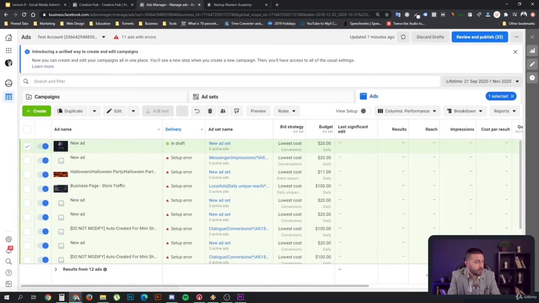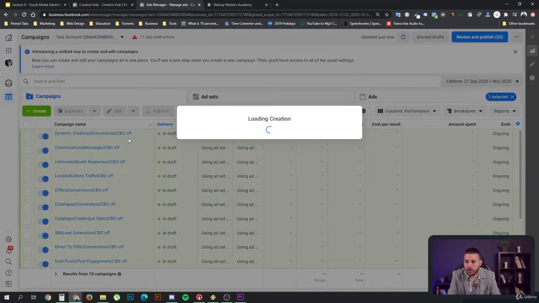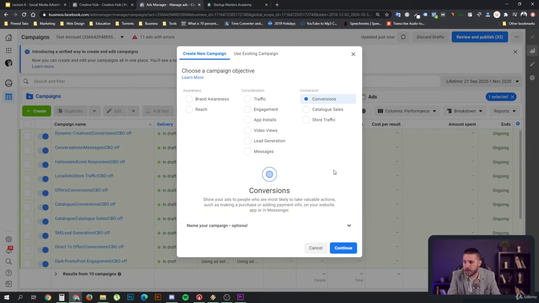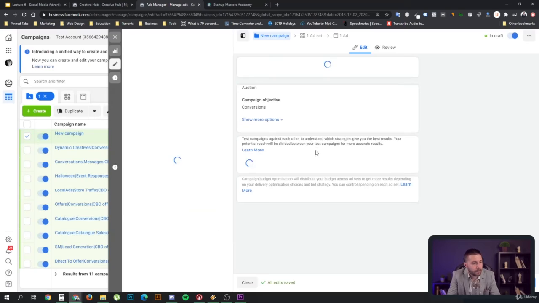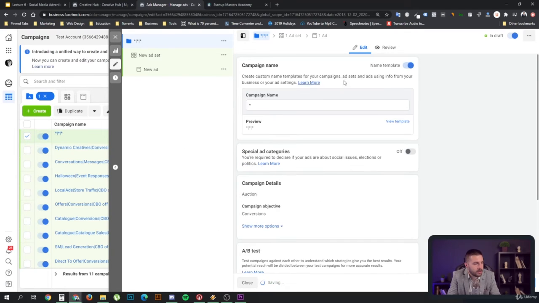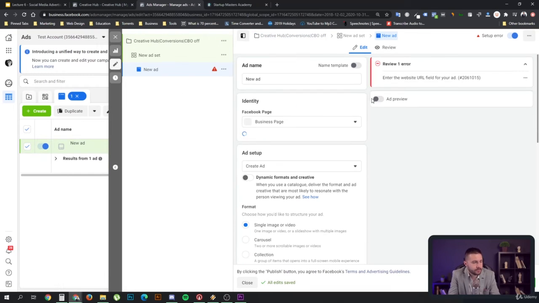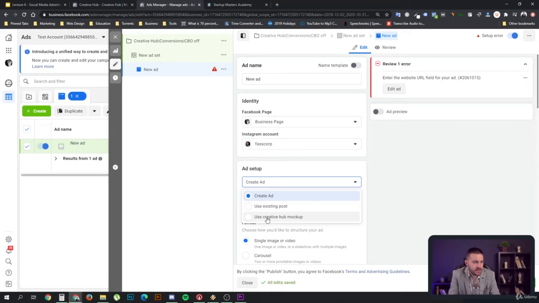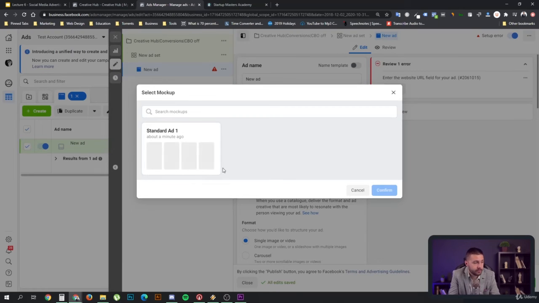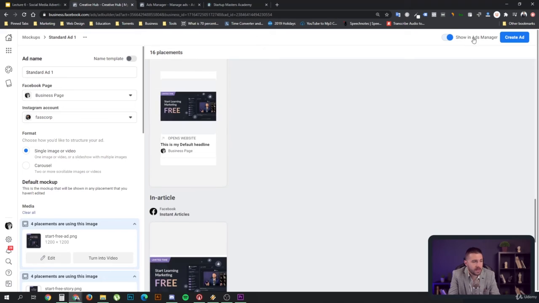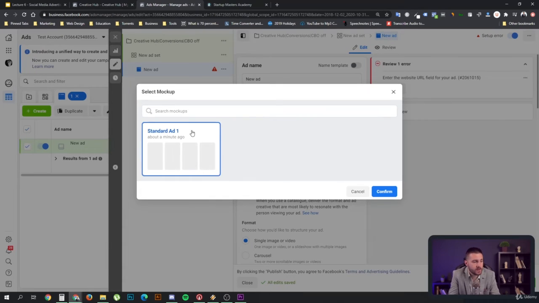Now, the way to use it is when you create a campaign, you can go here to create, let's say we'll create a new conversions campaign, and call that Creative Hub. And here, when you go to the ad, you can say in the ad setup, use Creative Hub Mockup. And because here in Creative Hub, I selected show in Ads Manager, this is now going to show up here